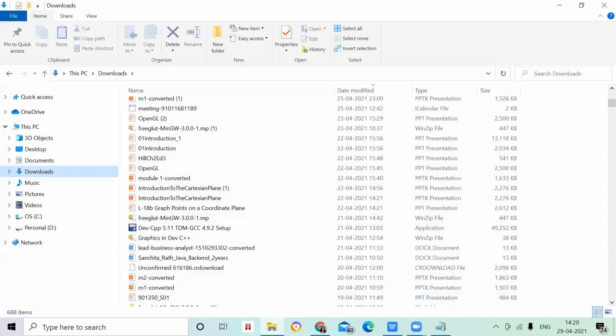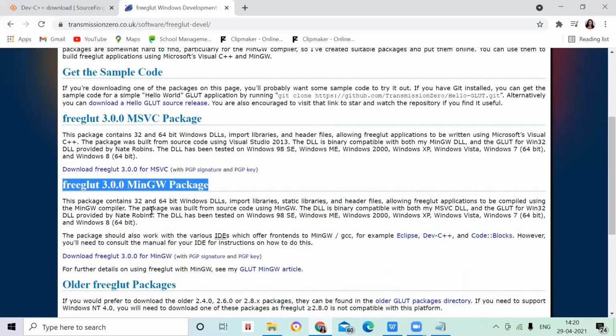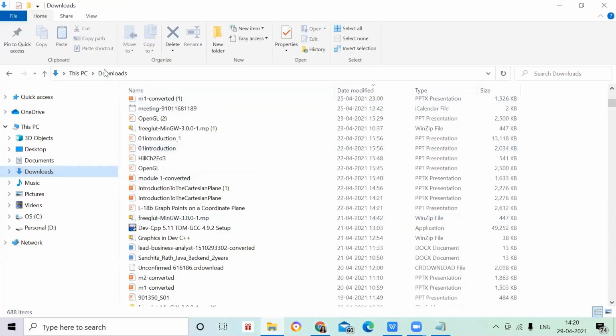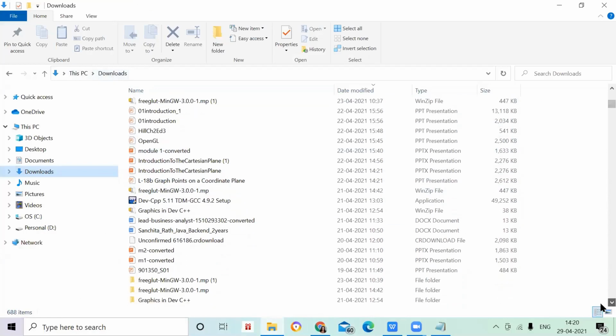I hope you have understood. Just click on this, and it will automatically download and save inside the downloads in your system. Next, you have to unzip it. This is a zip folder you are getting. You have to unzip it.